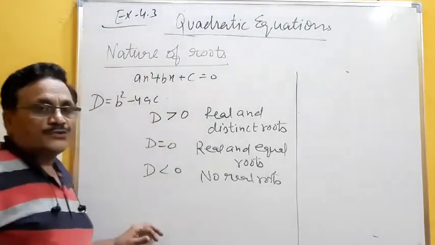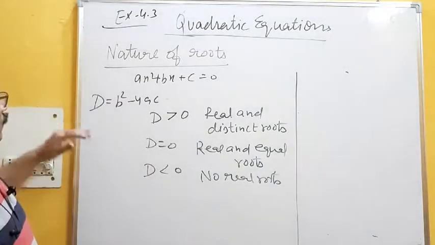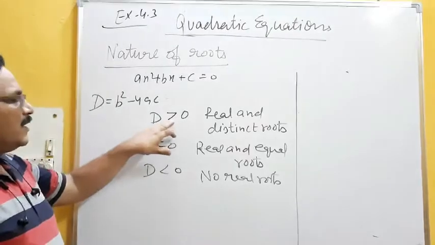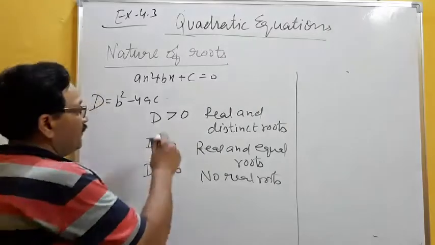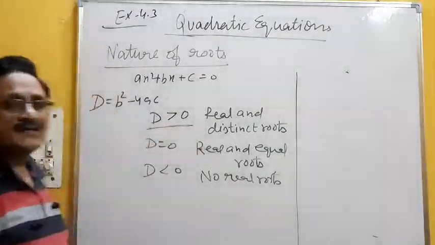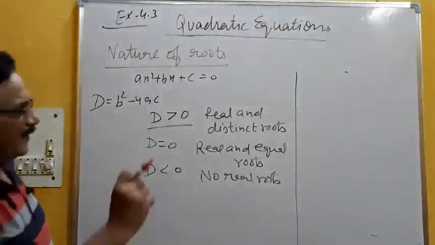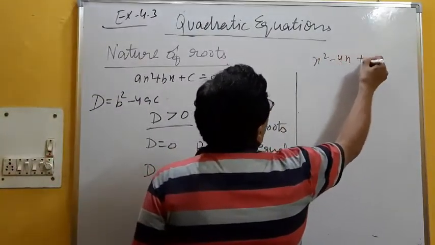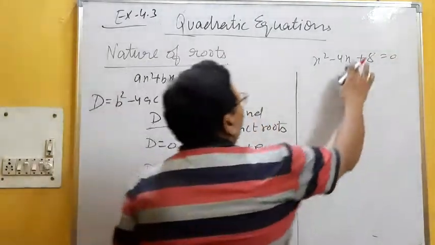So this is what the nature of the roots is. Nothing is special there. After calculating, you have to find the nature of roots. So first you calculate the discriminant. In existence we check whether it is coming greater than 0 or equal to 0. If D is greater than 0, I am asking here only greater than 0, then the roots will be distinct. For example, suppose x² − 4x − 8 = 0.